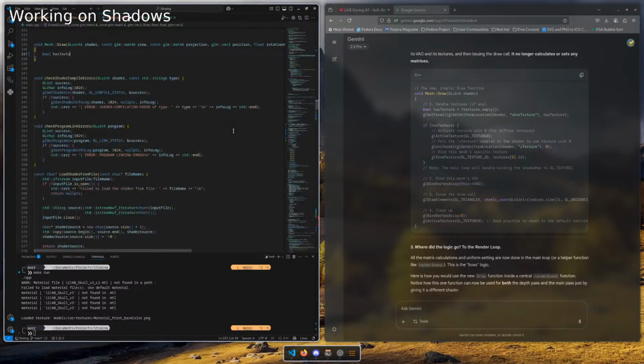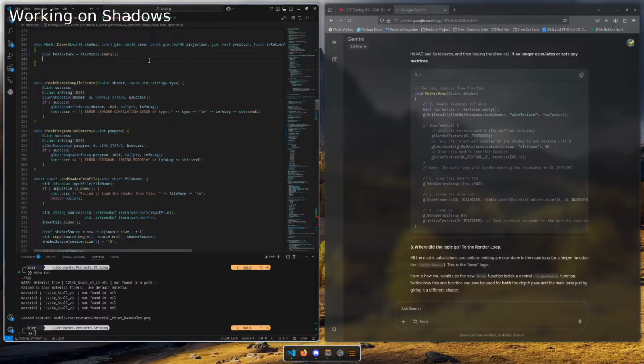Has texture, and textures dot empty. Cool. glUniform1i, glGetUniformLocation shader and uniform, hasTexture.